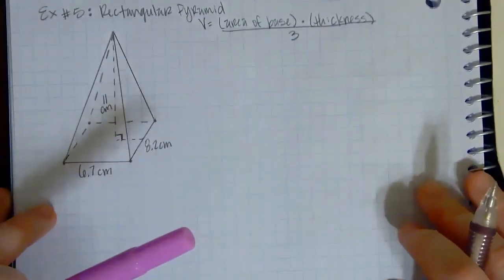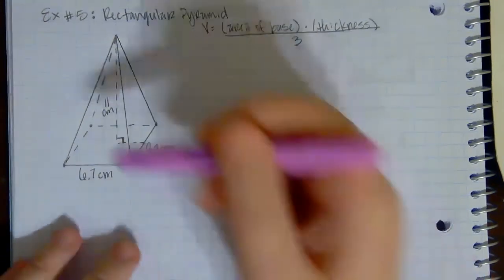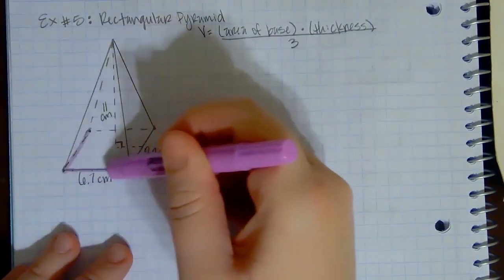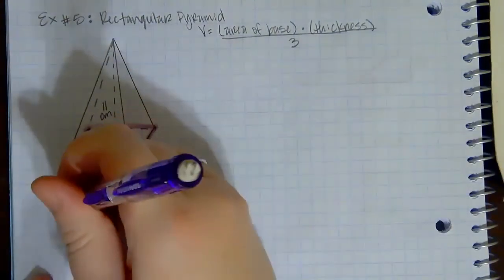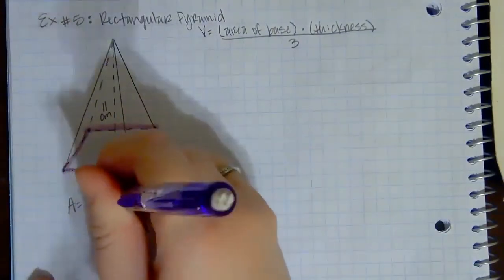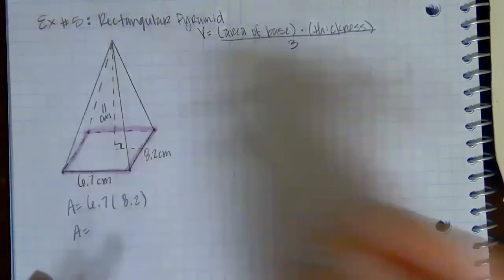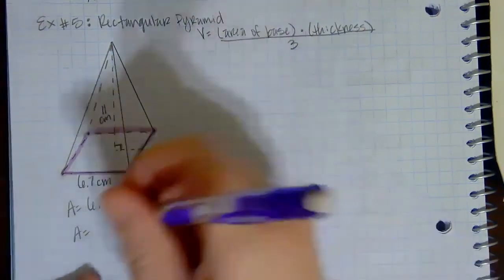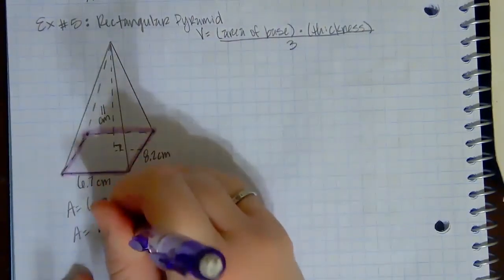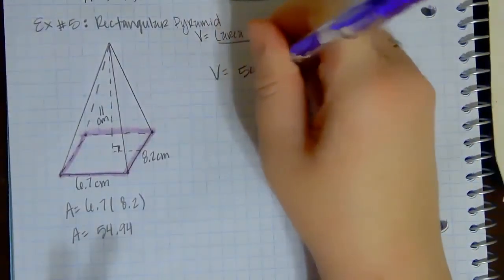Let's look at one more just to make sure you know. So rectangular pyramids, same thing, okay? Area of the base has to be the one that's across from the apex. So this is my base right here, just a rectangle this time. Same thing, area is still base times height, or length times width. So 6.7 times 8.2 is 54.94. And so then the volume is the area of the base